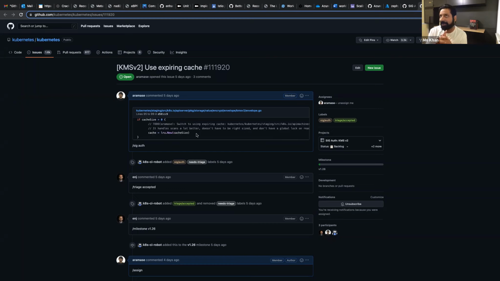With the expiring cache, I think we kind of get the correct property, which is as long as there's not ridiculous memory pressure on the API server, it's just going to cache whatever it can. So I think this would be a pretty small change. I guess we would want to add validation to encryption config to make it so that you can't set cache size anymore on the V2 API because it just doesn't mean anything.